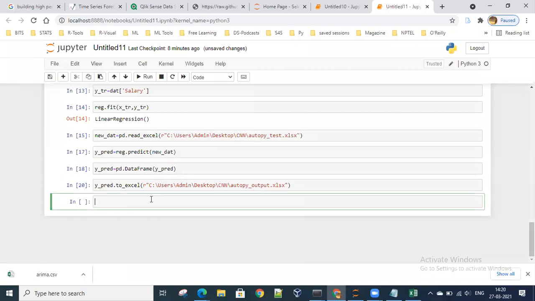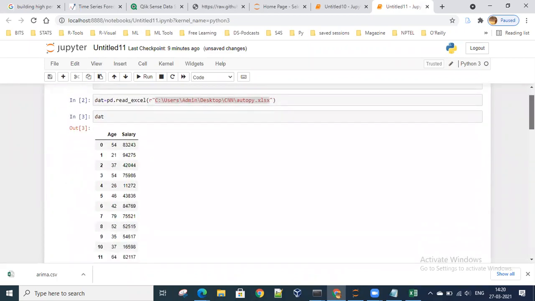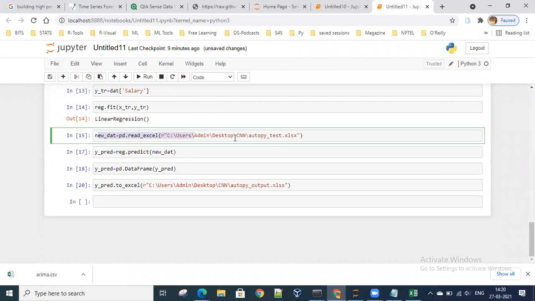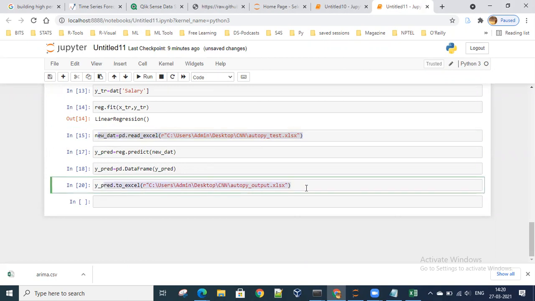So guys, what I have done here is I have made a model and I have taken a new data path and I have basically used it to predict.